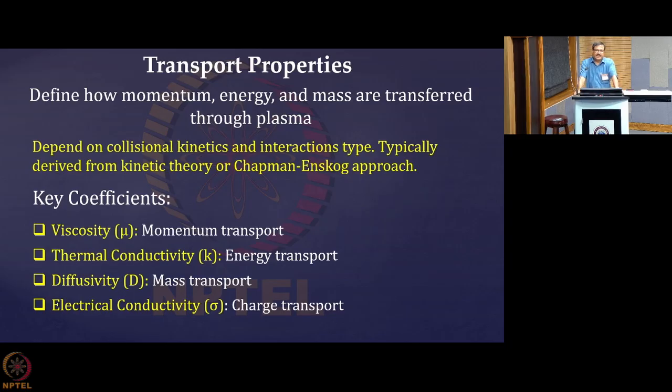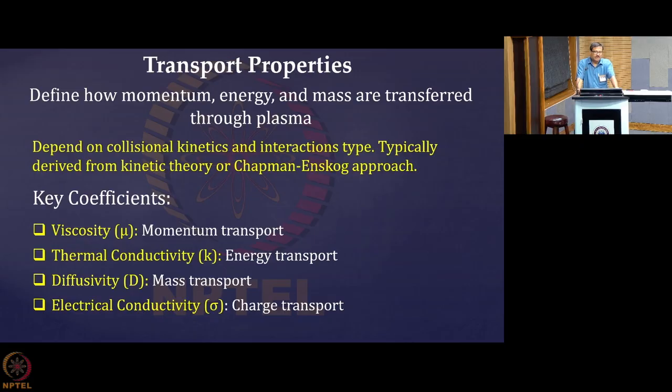So what are they? They define the momentum, energy and mass transfer through the plasma, and that is very important as far as application is concerned. You definitely want to impart momentum, energy, or you want to go for mass transfer for the process that you are handling. So as far as this process is concerned, transport properties are very important. And you know how to find the transport properties, which we have already discussed well in our regular classes. Here we summarize what they are.